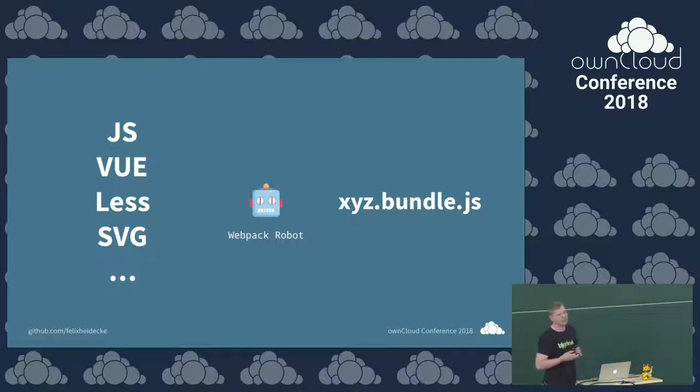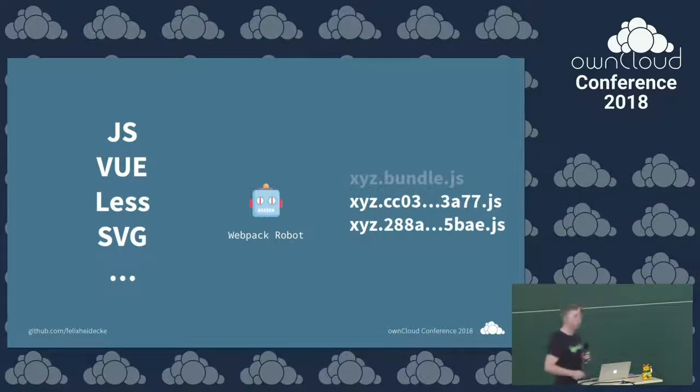The bundle can get big. So loading only this at startup might be a bit heavy. So there's an awesome thing called chunking. And what Webpack can do is it takes separate parts of your bundle and puts them out into a chunk, and this chunk gets loaded as it's needed. For example,